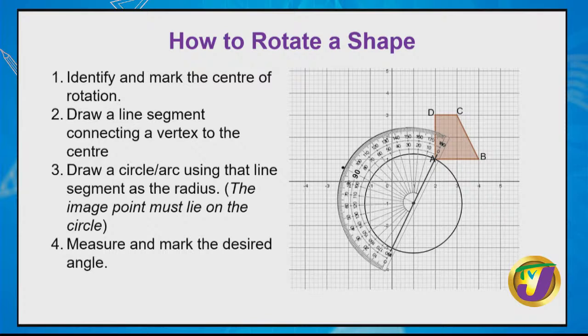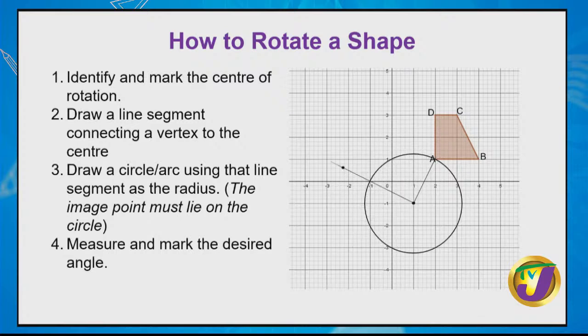Remember now that we said earlier that A prime must lie on the circumference of this circle, right? And so we can identify exactly where A prime would be, where our line segment now is intersecting the circle. So we're seeing now A prime coming in. So it's a 90-degree rotation from the center of rotation, yes, and we would have identified our center to be 1,